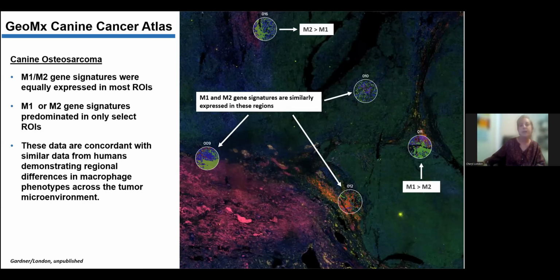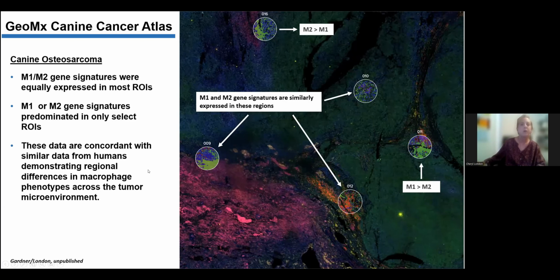In an example of how we've been able to use the canine spatial transcriptomics panel, this canine cancer atlas, this is an example of canine osteosarcoma tissue slide where we've stained for macrophages, T cells, and tumor cells. And we were able to look at regional differences in macrophage gene expression. And we were able to show that there were actually mixed gene expression profiles. So there was no predominant gene expression profile in the macrophages, although they tended to segregate in neighborhoods, essentially. You could get neighborhoods that had mixed, neighborhoods that had more M1 versus M2 or M2 versus M1.